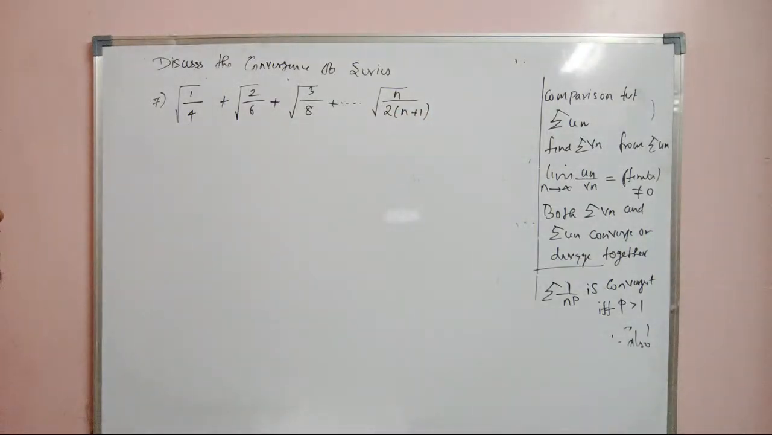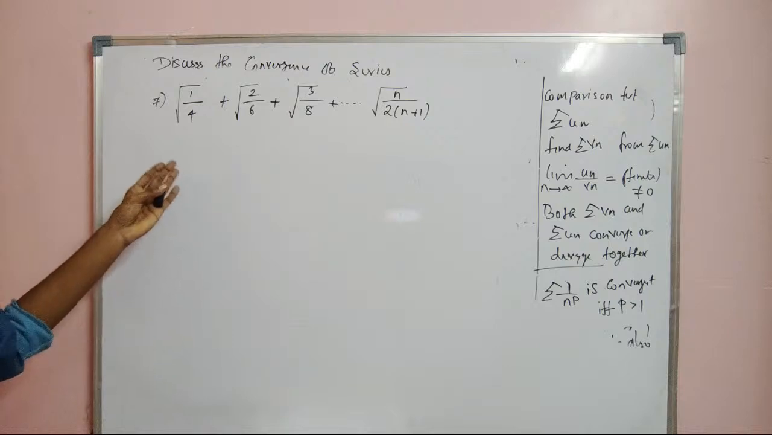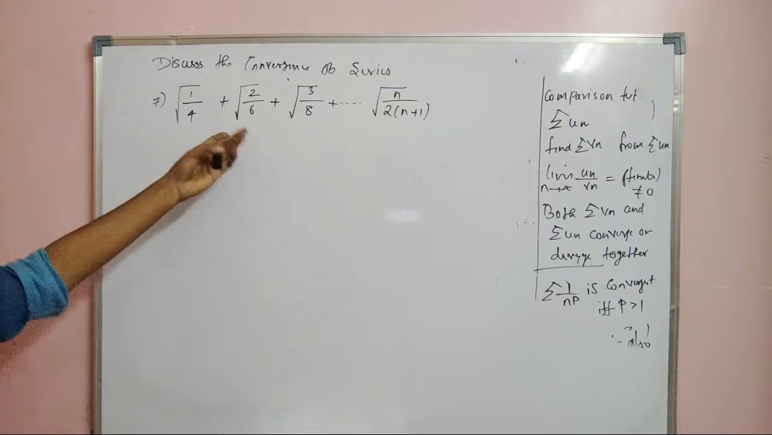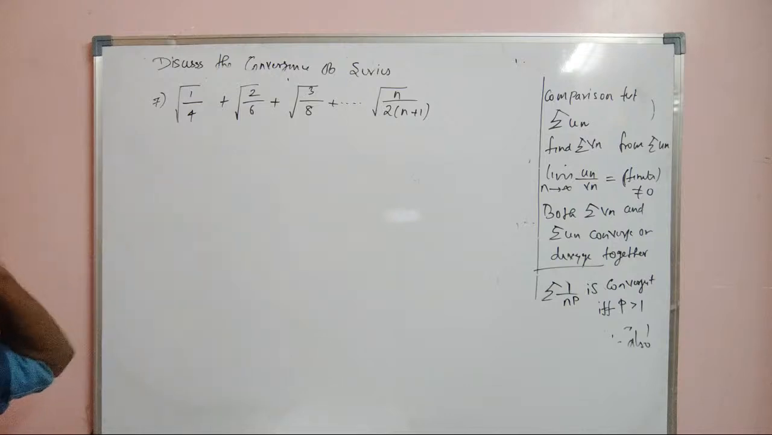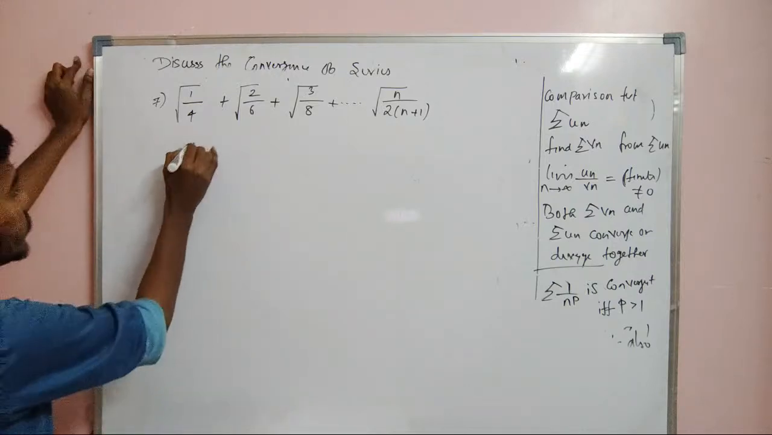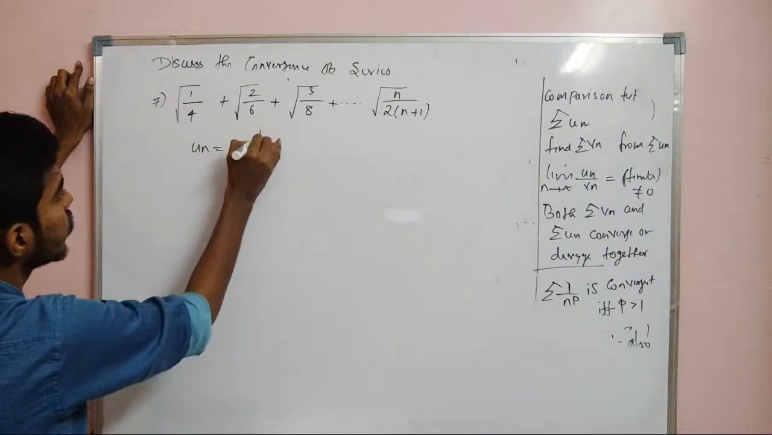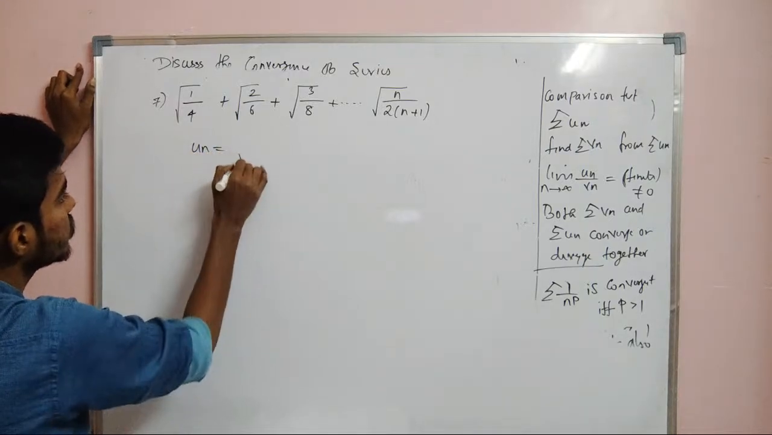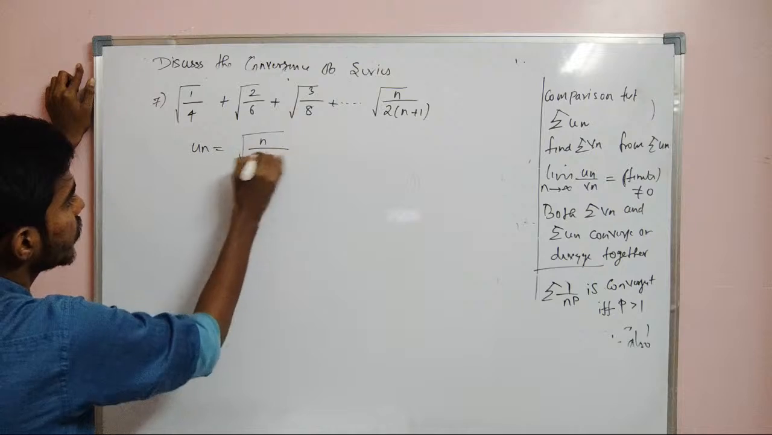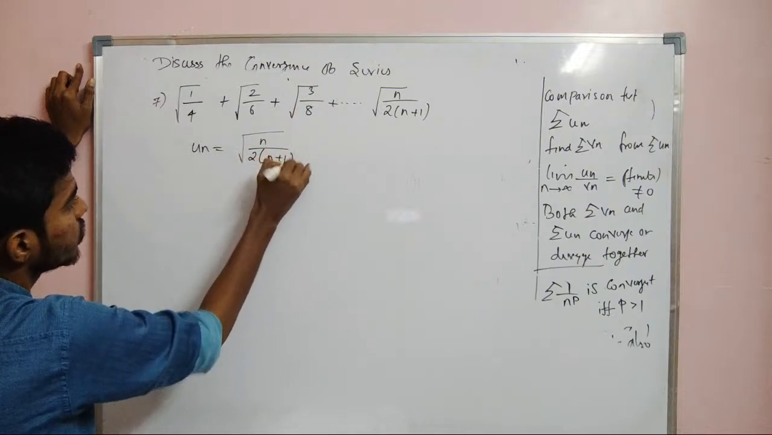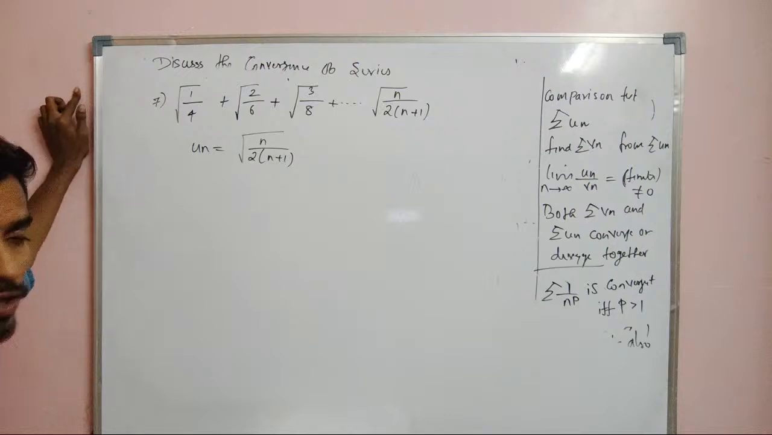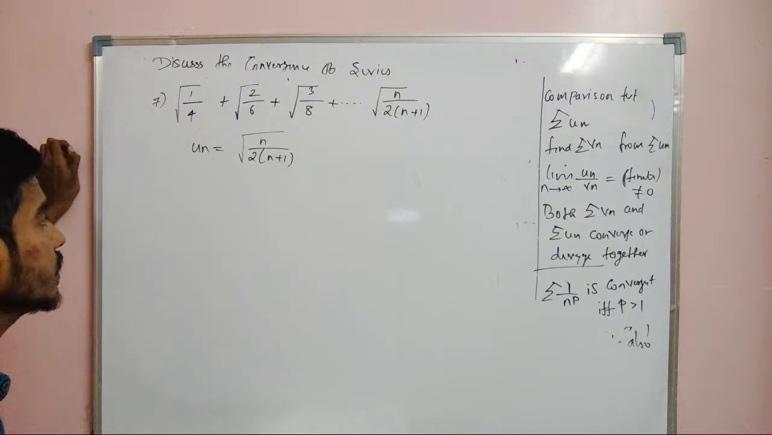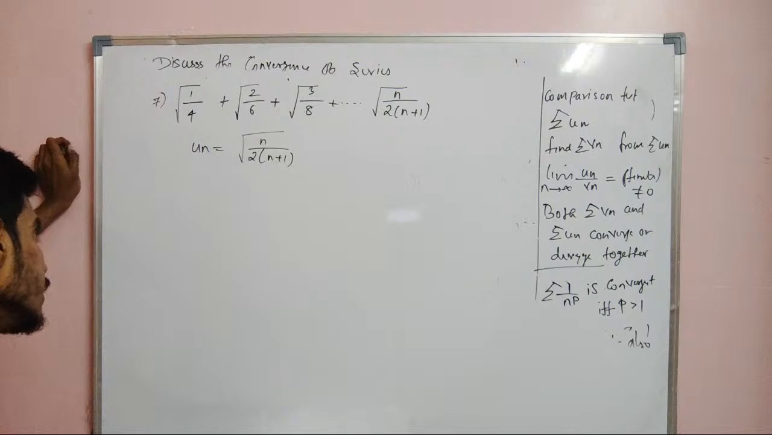So it is easy for us to write the nth term straight away. We need not find the nth term. You can also find the nth term very easily by the a plus n minus 1 d formula. So here we have un as square root of n by 2 into n plus 1. Right? So we need to simplify this and then find Vn. Before that, you can see